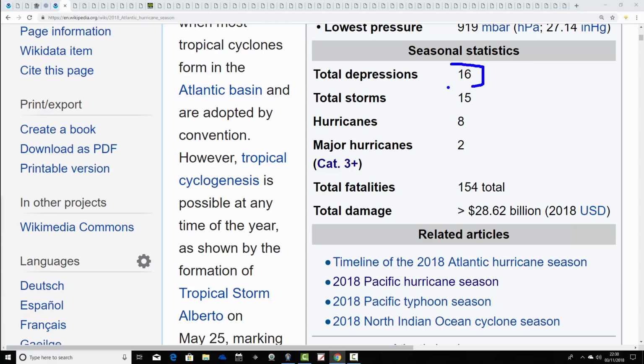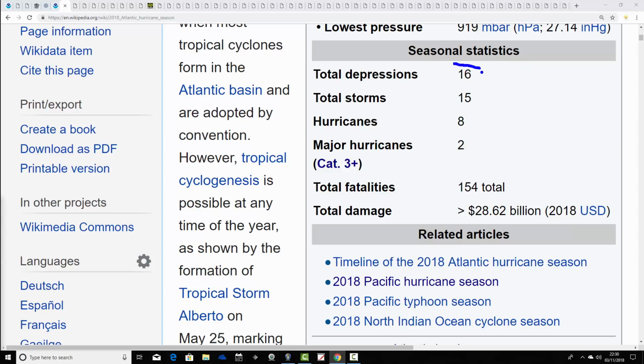Total depressions 16, total storms 15. That's unchanged from last week. Hurricanes 8, that's up 1 from last week thanks to Hurricane Oscar, and major category 3 or above hurricanes at 2. So, as I explained in the videos over the past few weeks, it's been a really strange season